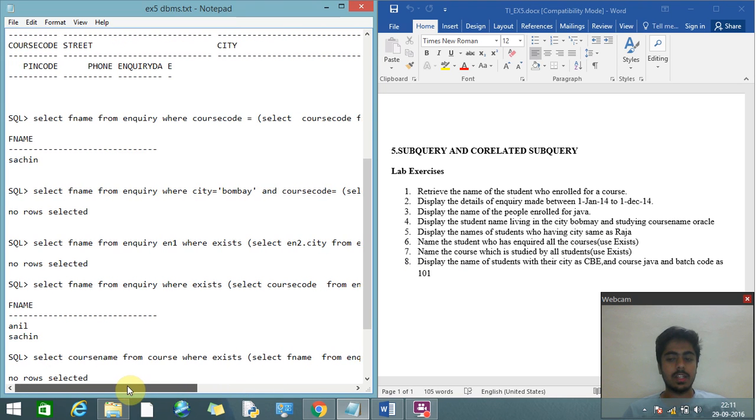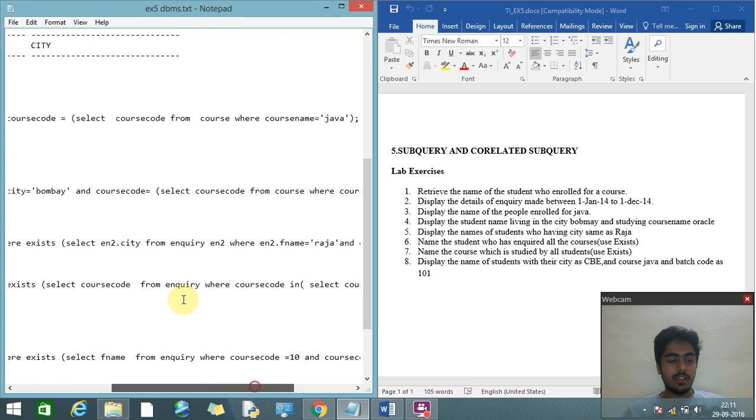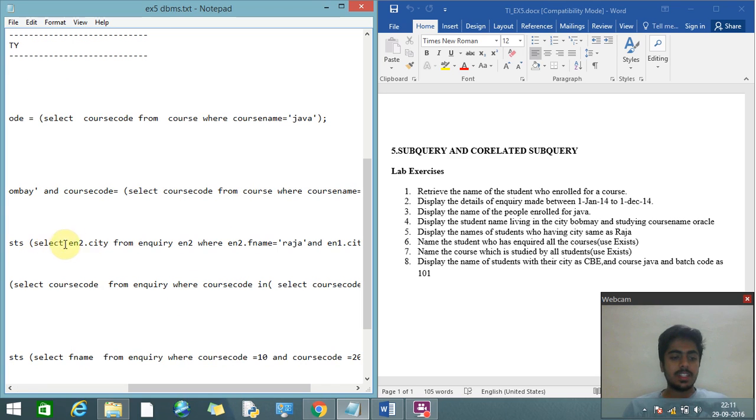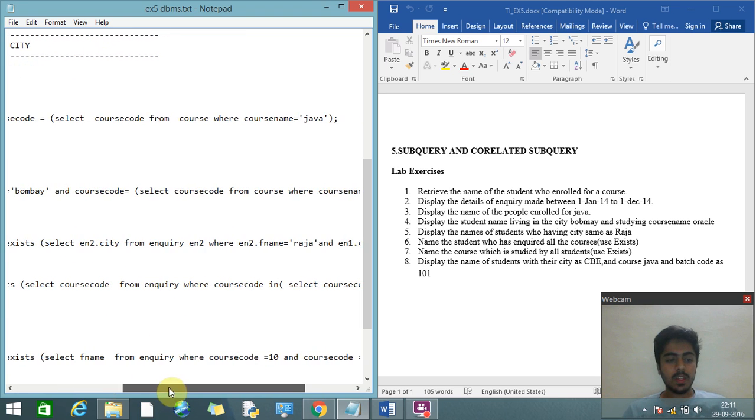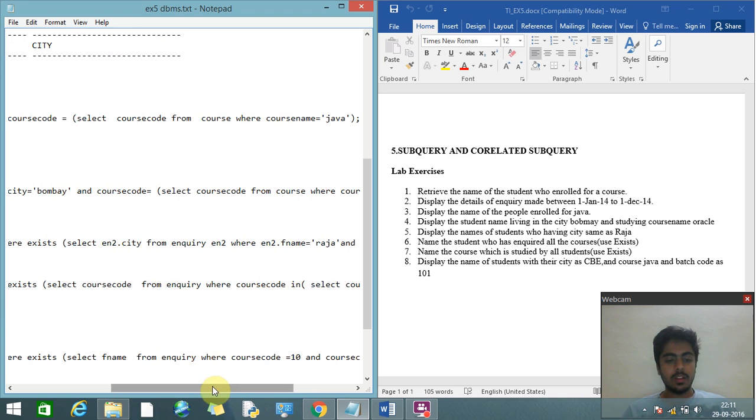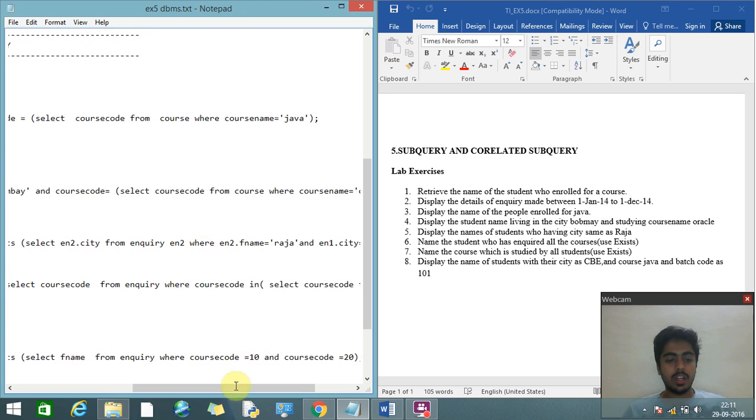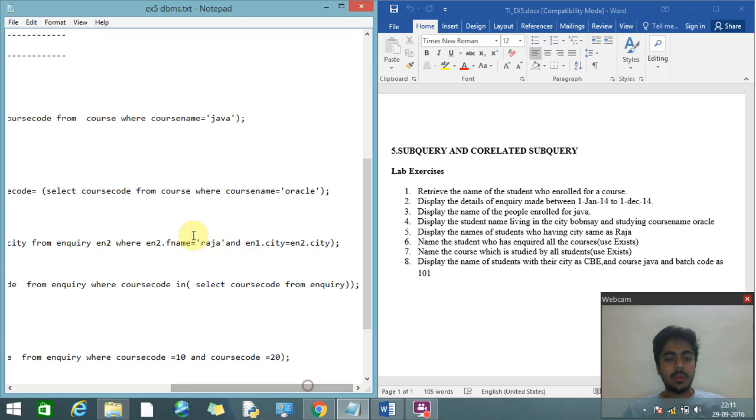For this we will select the first name from the inquiry table, aliased as en1, where we use an exists clause, and inside it we write the subquery: select en2.city from the table en2 where en2.fname equals Raja and en1.city is equal.